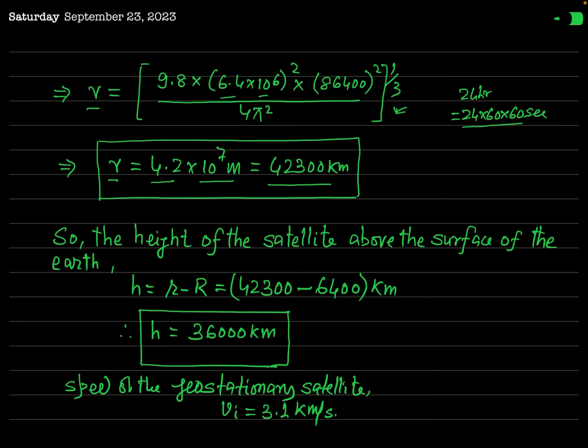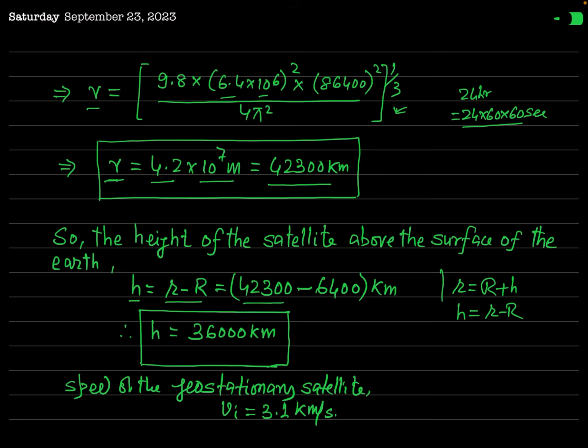Now, once we have calculated the radius of the orbit, we can easily find the height of this satellite above the Earth's surface. As we have seen, the radius of the orbit of a geostationary satellite, small r, is equal to capital R plus h. So its height above the surface of the earth, h, will be equal to r minus R. I have written here h is equal to r minus R, where small r is the radius of the orbit of the geostationary satellite,